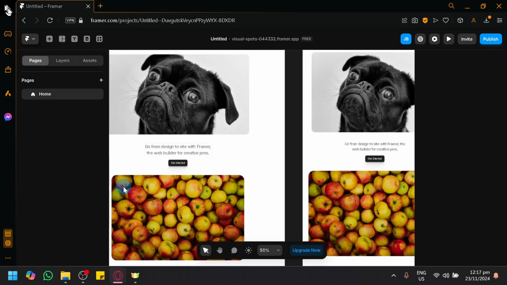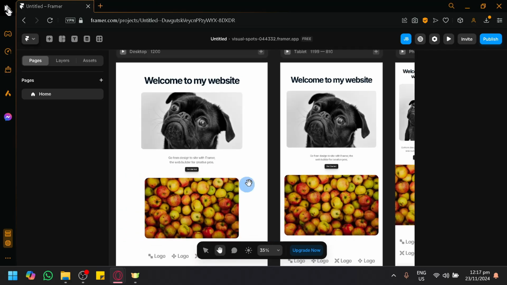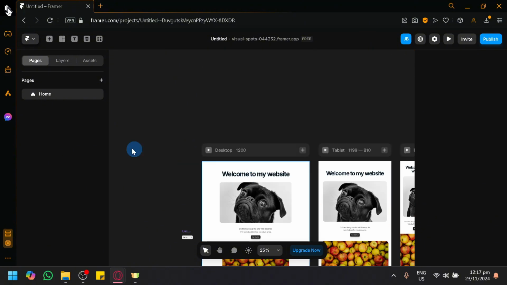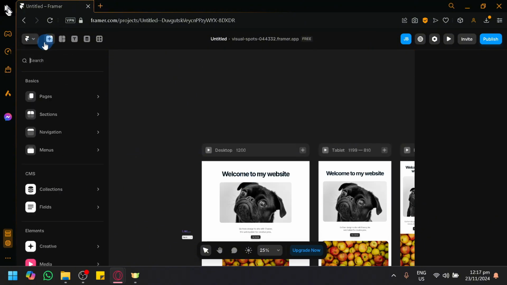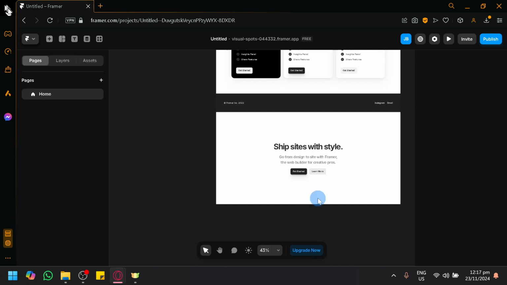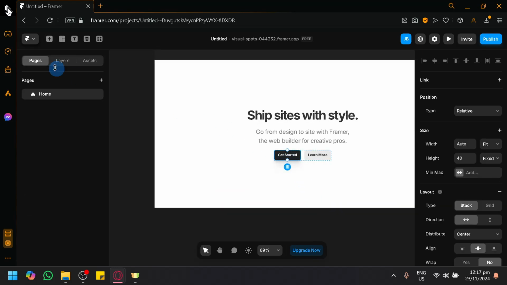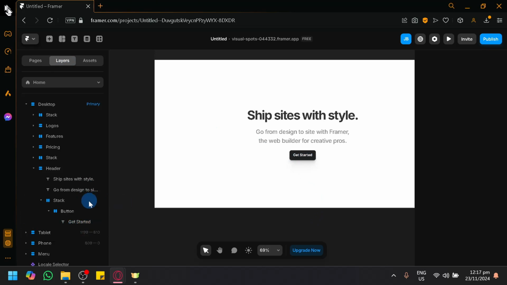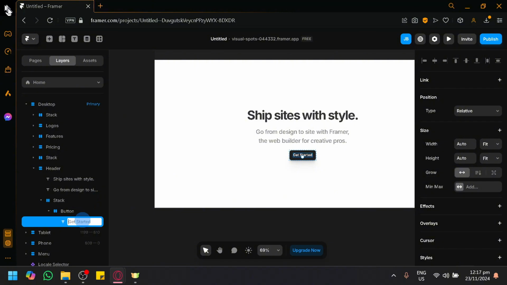So what I find easily, or what I choose to do for this kind of situation, is that I could just simply open or add a random section over here that has a button already existing, for example this one, and what I could just do is simply select the button that already exists, modify it to a certain extent, for example this one. I want this button, and let's say this button should be subscribe. I'll modify this one over here, subscribe,